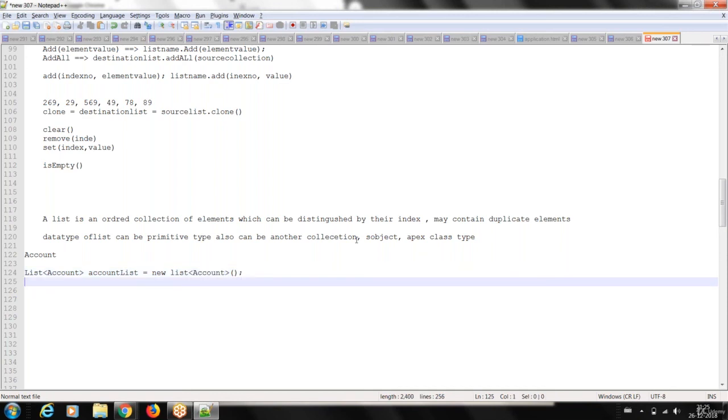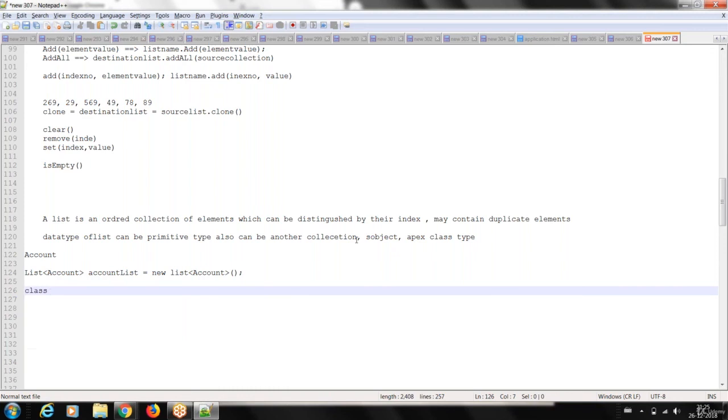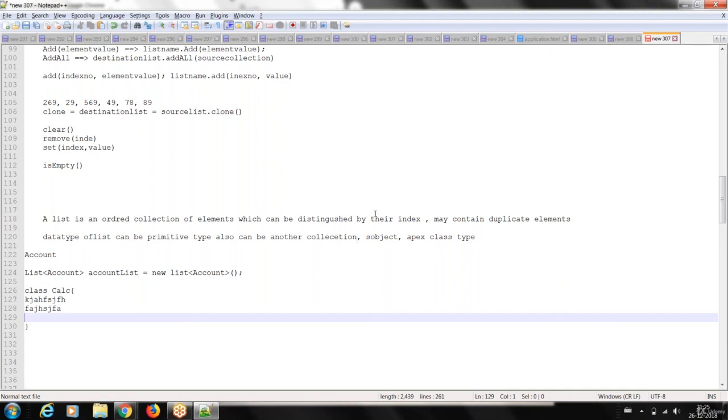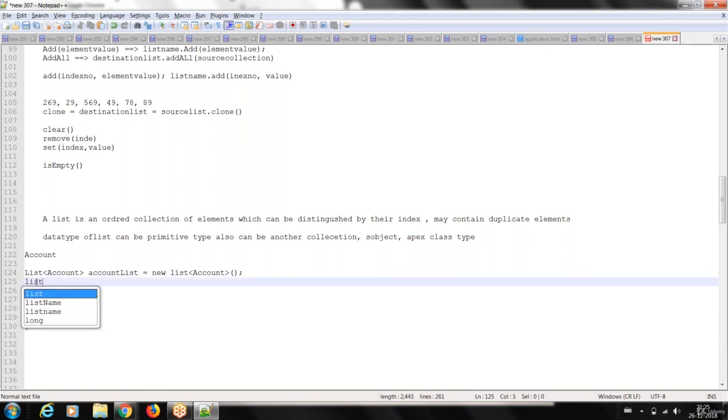The same way, if I create a class, I'll explain how to create a class and how to write a class. If I have a class named, let's say, Calculator, with something written inside it programmatically, and I want my list to contain all the objects of this class, what can we do? Same way, a list of my class name, nothing but my Apex type: calcList equals new List of Calc.